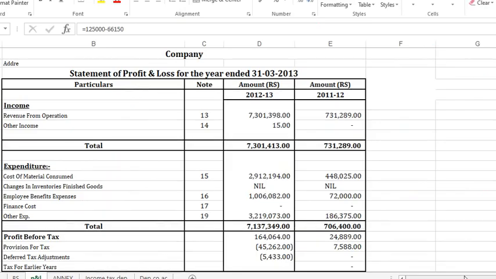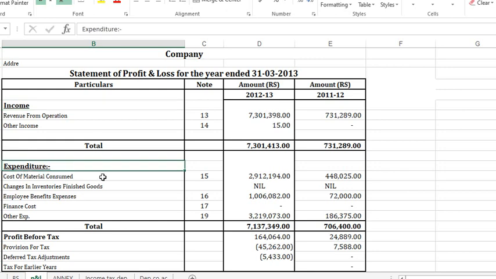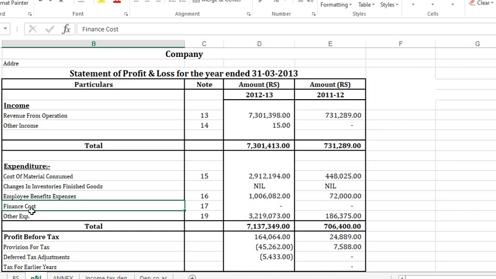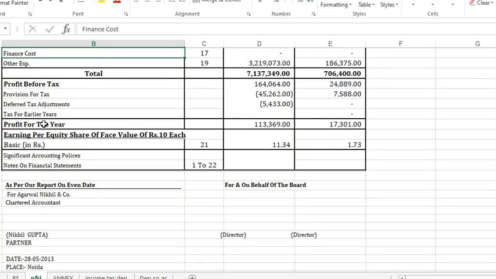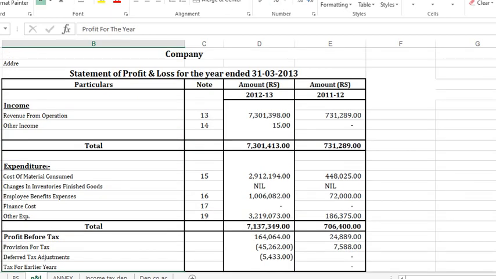So if you see the common format of P&L, as I told you, it is not horizontal, it is vertical. That means first you will have the income, friends, and then you will have the expenditure, and then I told you, first normal expenses are all deducted and then interest will come, okay, and then you will have profit before tax, then you will pay tax, and then you will have net profit. So this is the vertical format, friends. That means you will start with income, expenditure, profit before tax, and profit after tax. So this is the common format, and we have to show comparative of last year also. This is how a profit and loss looks.